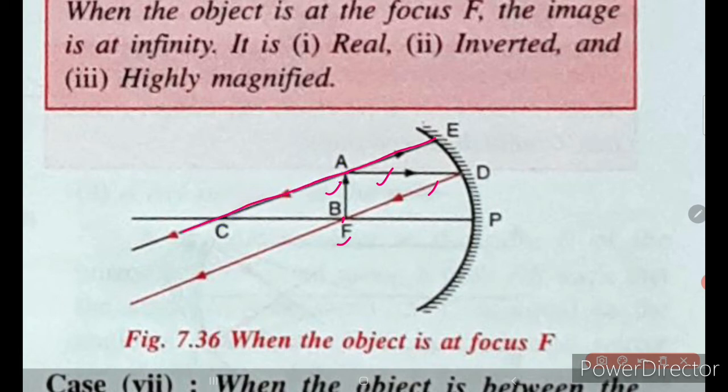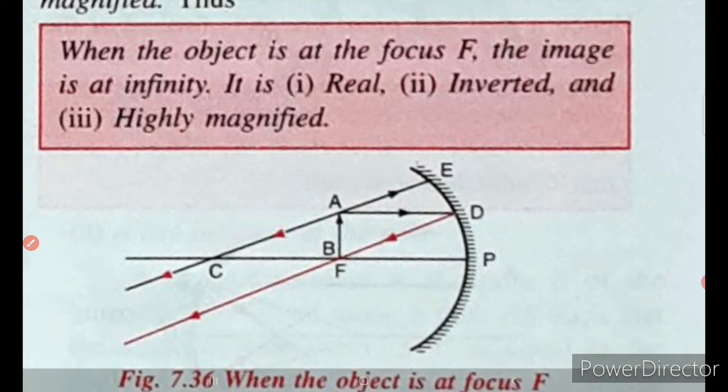So these two rays are parallel and they will not meet, and if they meet, they are supposed to meet at infinity, right. So now looking at this particular image, the nature of the image will be real, because parallel rays meet at infinity. If it is real, it should be inverted, and it is highly magnified. Since it is meeting at infinity, it is highly magnified and formed at infinity, just the opposite of the first case. So let us see how to draw the diagram.